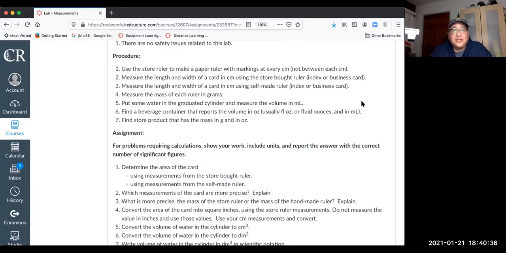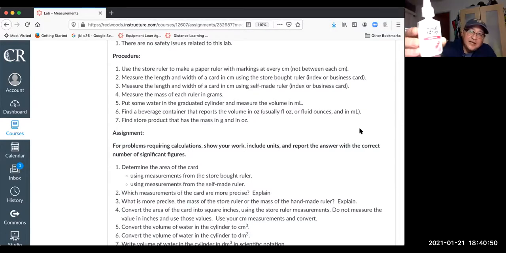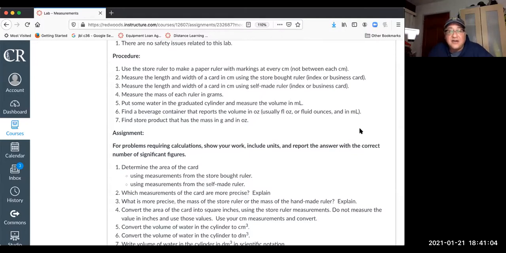Find a beverage container that reports the volume in ounces and milliliters. And usually it says fluid ounces. This is kind of funny. I showed this to my students earlier today. So this says nasal spray, and it says 1 fluid ounce and 30 milliliters. And the joke is that I have find a beverage container, and I'm not sure that nasal spray is a beverage. But nonetheless, find a container that has liquid in it and read the volume in ounces and milliliters and